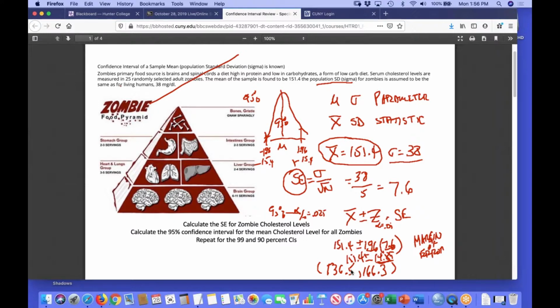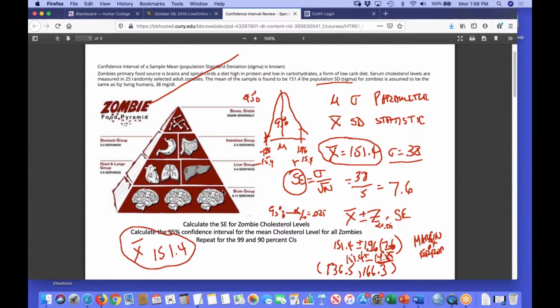So that's what this really tells us. That's what the confidence interval really tells us, but it's a useful tool. If I had just told you, for instance, completely separate from any other kind of information, that I took a sample of size 25 and I found that the mean of my sample was 151.4 and gave you no other information, you would